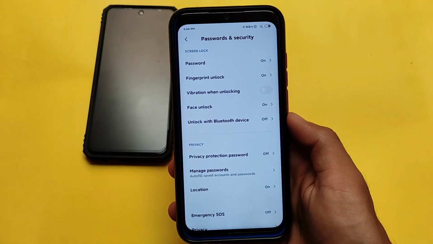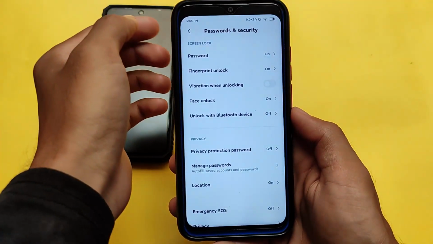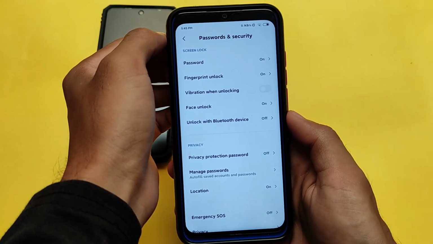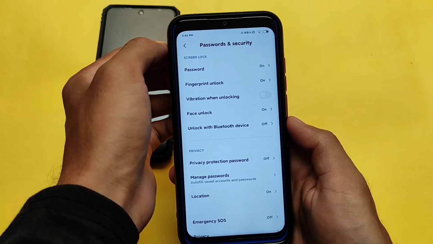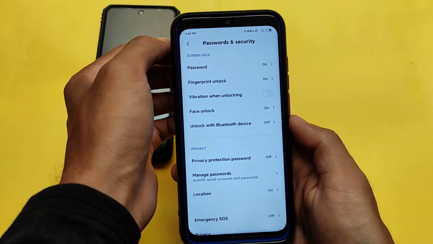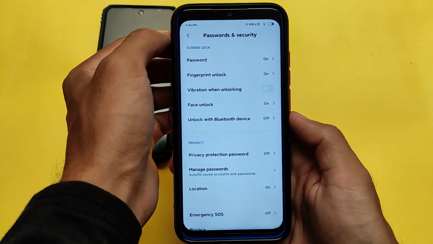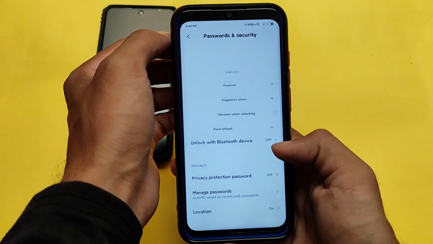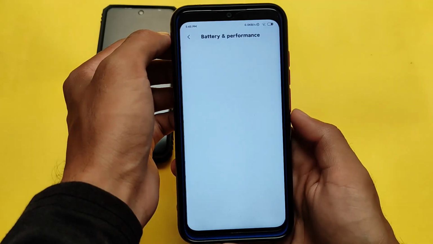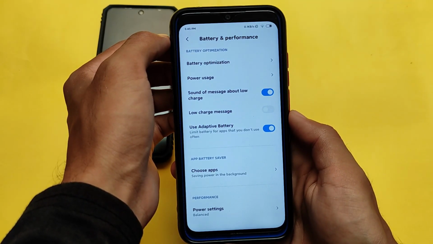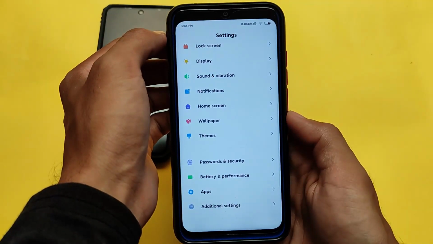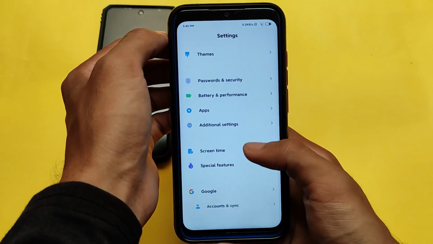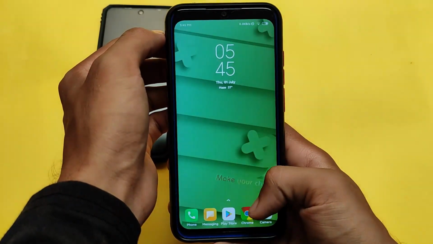I tried unlocking my device with fingerprint, face unlock, etc. Everything was working perfectly fine. I thought that after installing for a long time, things might not work as expected, but the things were working perfectly fine. Didn't get any kind of issues till now. In the battery and performance section, of course, simply use it for some time, then try to charge it, and then check how the battery is going. Sorry, I was not able to test the battery backup, but it should be very fine.